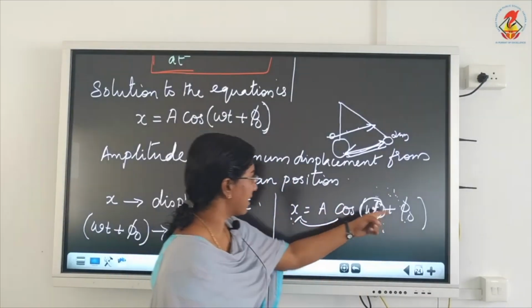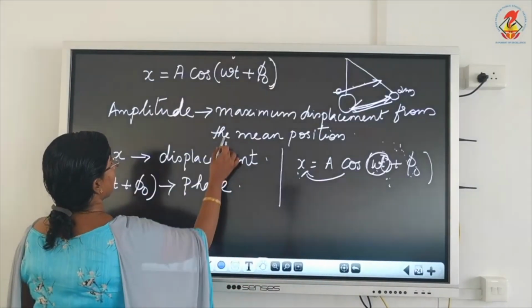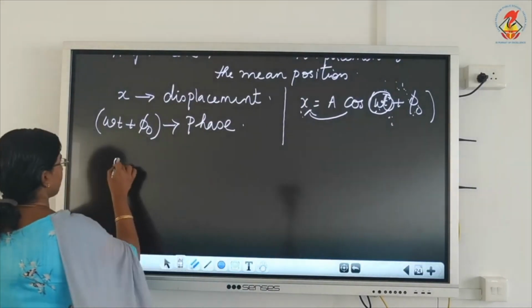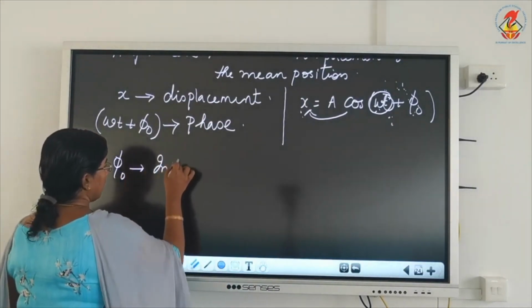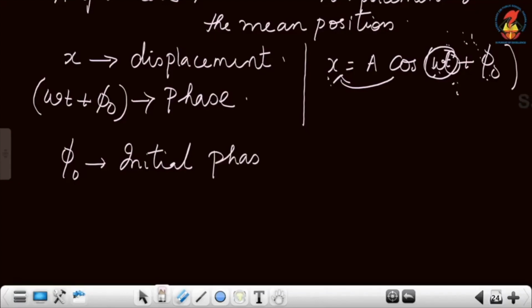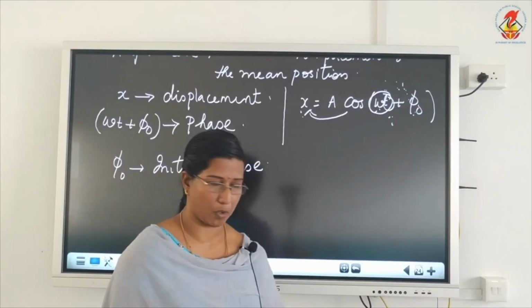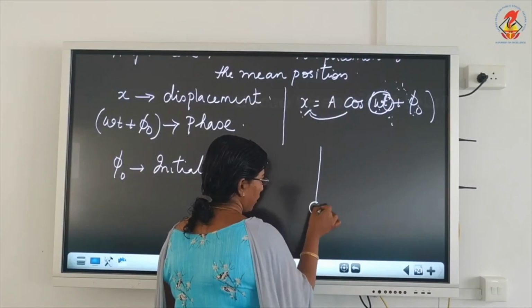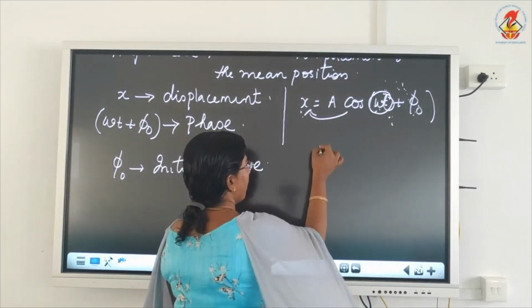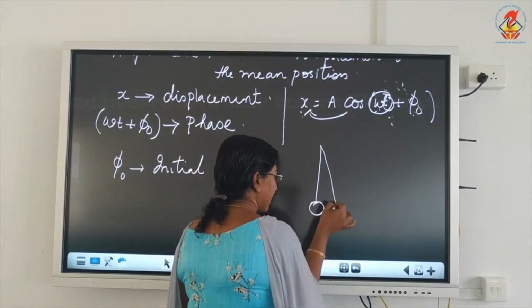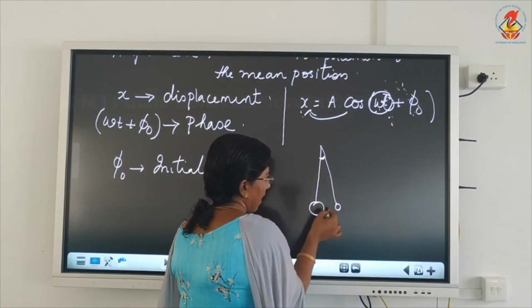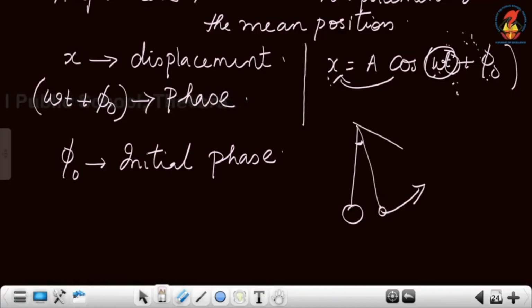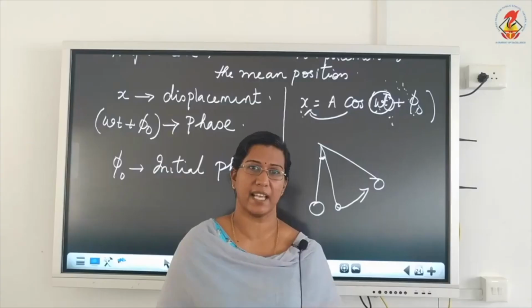And phi 0 is known by the name initial phase. Initial phase is a constant value, and most probably when we are studying we take the initial phase as 0, which means this is the rest position of the pendulum which we assume. But in certain cases the pendulum may be slightly displaced at a very small angle, and from there we apply force and displace it to a maximum point. So this is the initial angle already there, and that particular angle is what we call the initial phase, and in the normal case we take it as 0 itself.